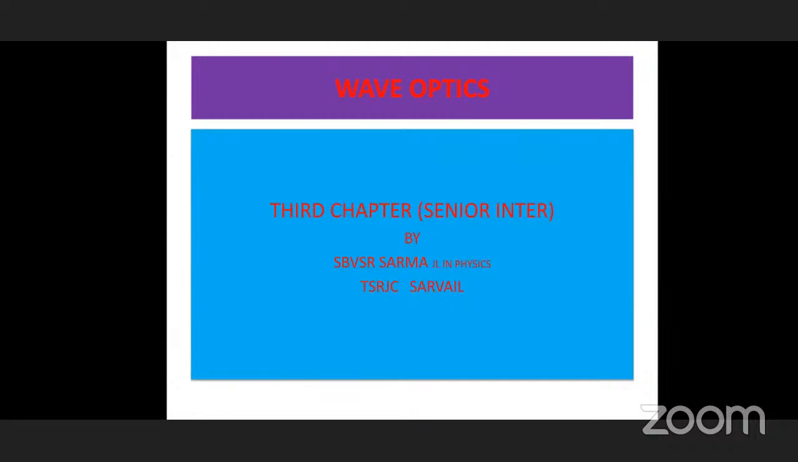For this wave optics, second year physics classes, we are starting. In the wave optics, in the last class, we have discussed two main theories. One is Newton's corpuscular theory, and the second one is Huygens wave theory. The main difference between these two, according to Newton's corpuscular theory, when light travels from rarer medium